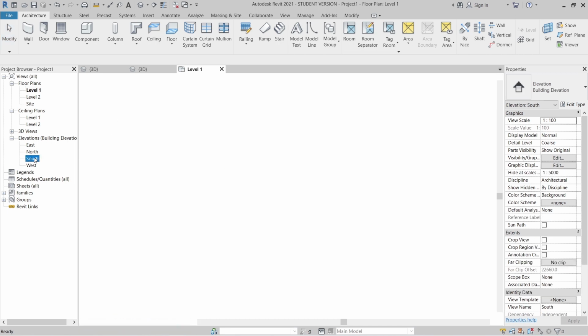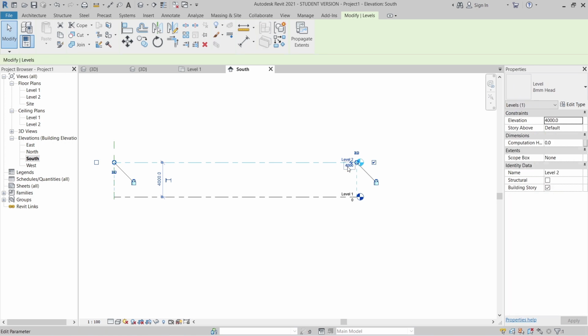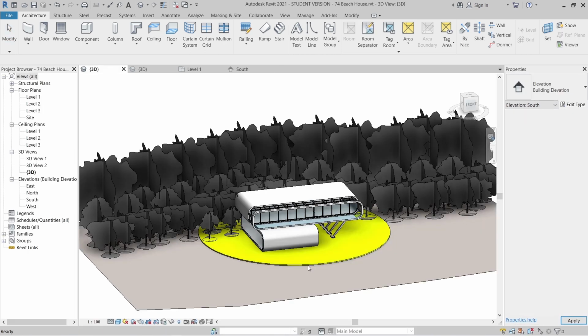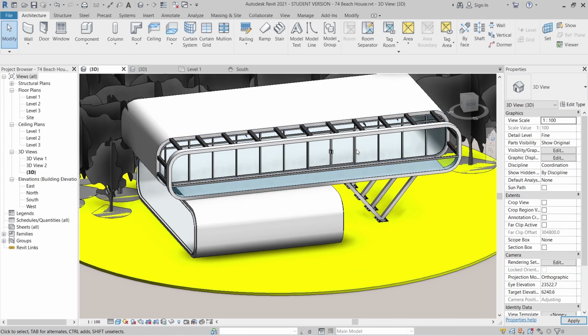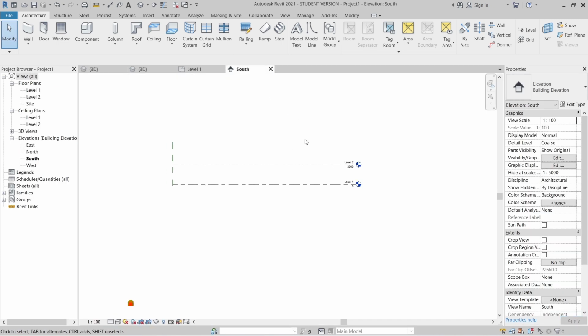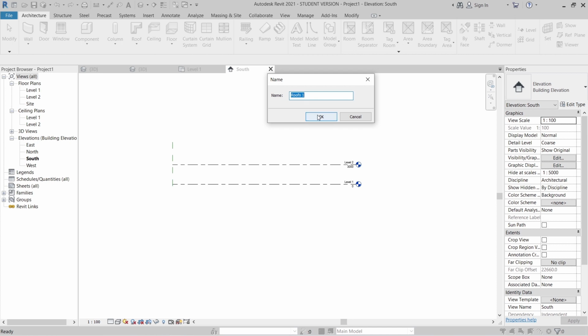I'm going to my south elevation here, and then I would like to adjust my level 2 height first. We just make it 3 meters, which is enough. Hit escape a couple times. Then I'm going to my Architecture tab. I need to create our shape first. Actually, to create our shape here I need to use an extrusion, but I will use a revolve. Go to Component here, drop down, find Model In-Place, and I prefer Roofs. Then it's okay, just go for Roof 1.